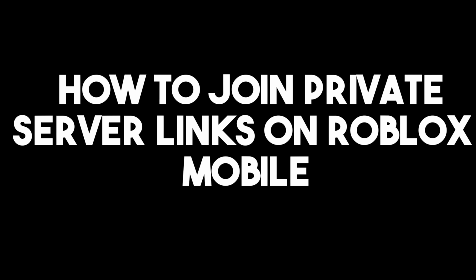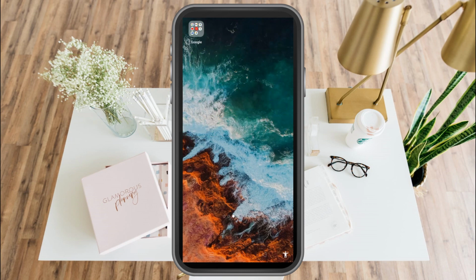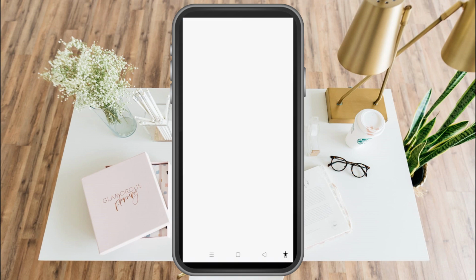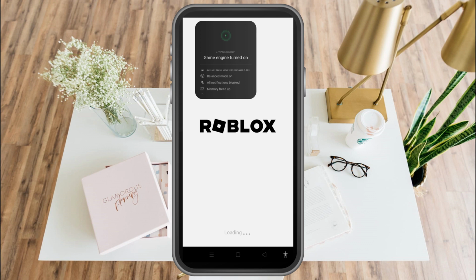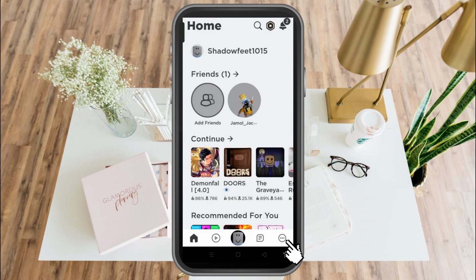How to join private server links on Roblox Mobile. Now, this is a very easy and quick tutorial. All you have to do is to look for your Roblox application and make sure that you have updated your Roblox. Okay, so once you're here on your Roblox account, all you have to do is to simply click this